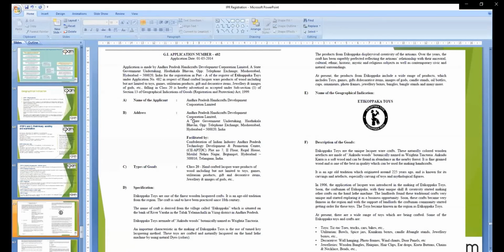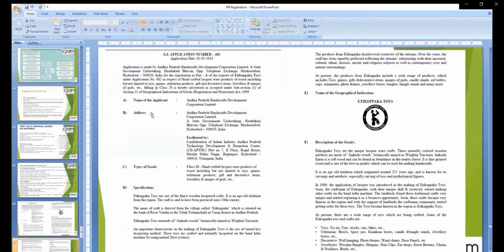So these are the address and the type of goods. It is under class 20, that is handicraft. There is a classification of around 50 classes. This is under class 20, covering toys, games, utilitarian products, gifts, decorative items, jewelry, images of gods. These are the things they are making with this particular type of wood, which has a speciality in itself due